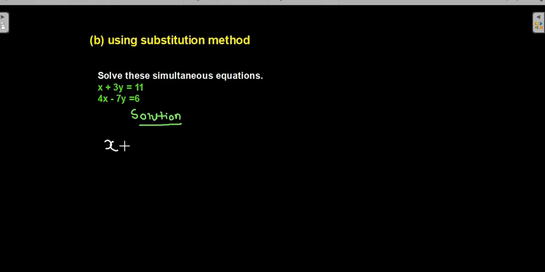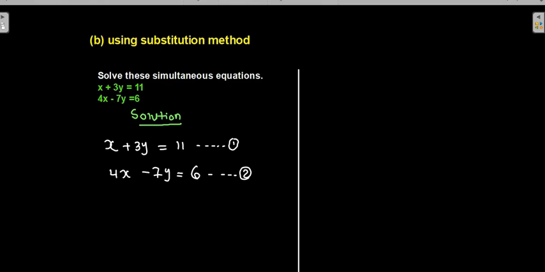We need to write these equations: x plus 3y equals 11, and 4x minus 7y equals 6. Using x plus 3y equals 11,